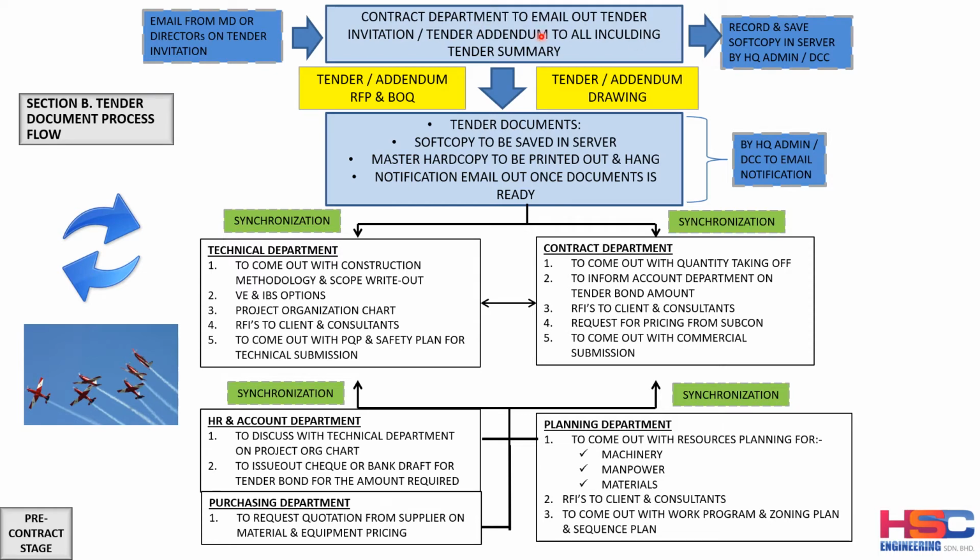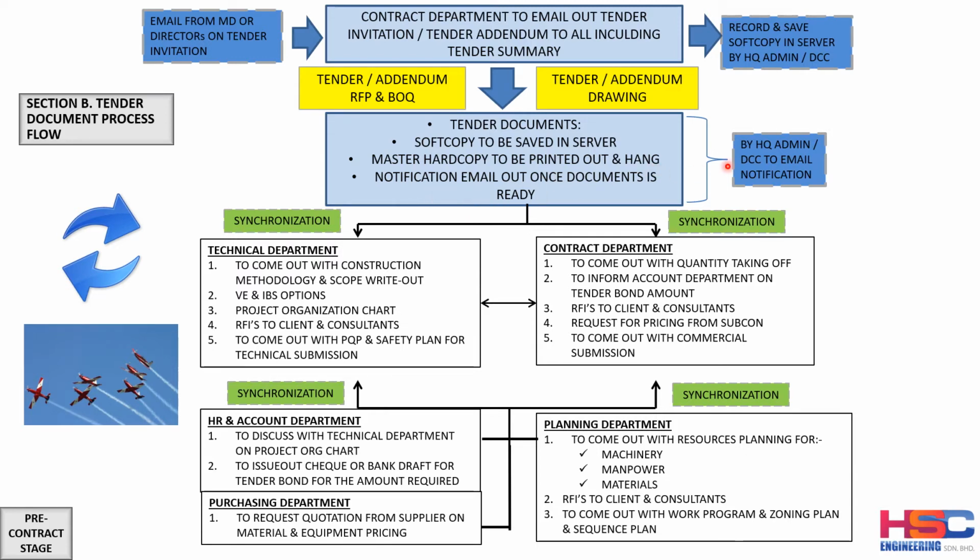Normally the client will give the document in hard copy, but now they have to scan everything into soft copy. And this will become the tender documents in soft copy to be saved in the server,